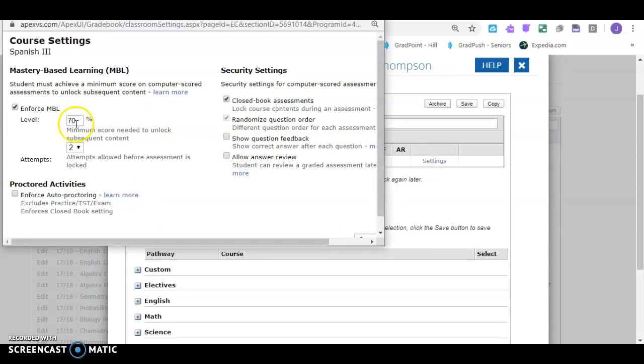I want it to be 70%, which I think all you guys is already set up like this. 70% is the pass score, so they have to make a 70 or higher. I think we may have changed that. I can't remember. We'll discuss it. They get 2 times to take it. It's a closed book assessment, which means they can't go back in the lesson and look at things while they're taking the quiz or the test. The questions are randomized, and I'm going to choose, let's see,